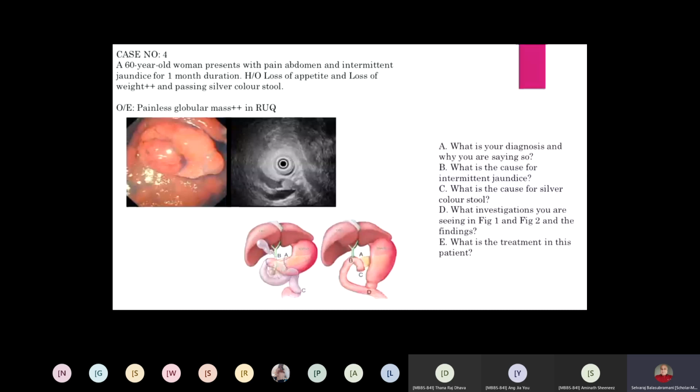My next question is that only. What is the cause for this intermittent jaundice? In cholelithiasis also you told intermittent jaundice. When I asked why there is intermittent jaundice, you told the stone is not static. It will go above or it can go below. It is floating, and that is why they are having intermittent jaundice. But what is the cause for the intermittent jaundice in periampullary carcinoma? Can you tell me?